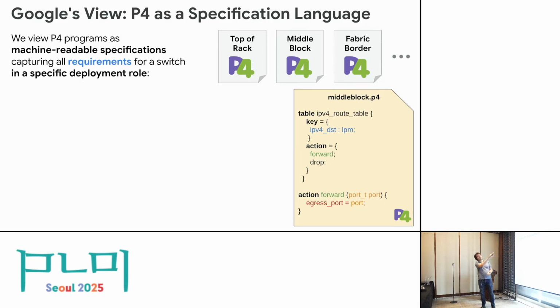The interesting thing about all of these switch deployments is that they're embarrassingly simple. There's very little stuff you need to do here, and particularly with the middle block, which is why I'm choosing that as an example. The middle block really just routes traffic forward, basically. And so the thing that you need is some sort of table, like an IPv4 route table, that matches on a packet, its IPv4 destination, for example, and takes some action. And this is a very common abstraction in the networking space, something called a match action table, right, where you match on some packet feature and maybe some metadata, and then you take some action that probably modifies that packet or some metadata.